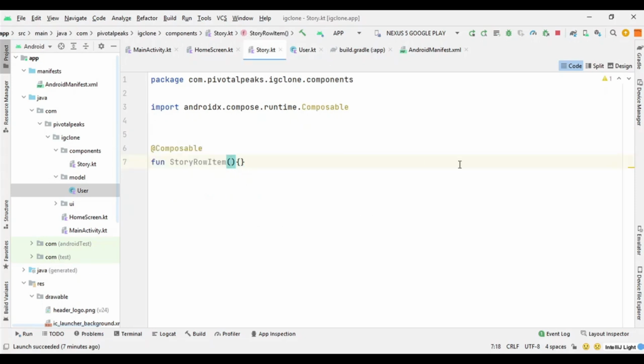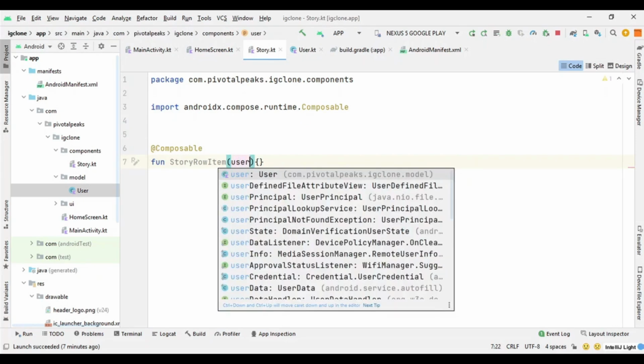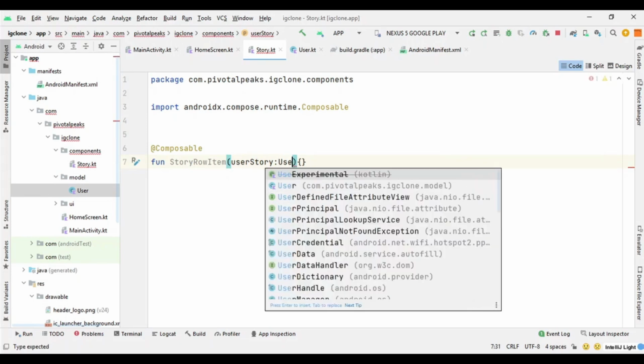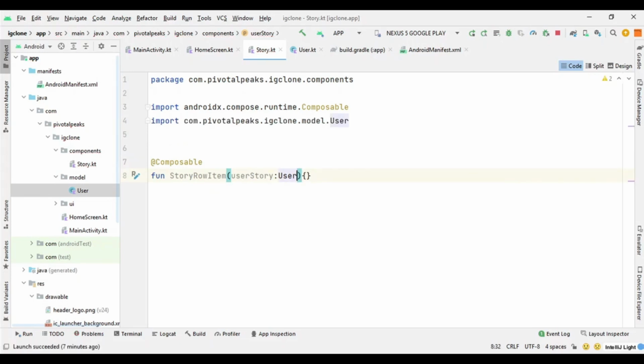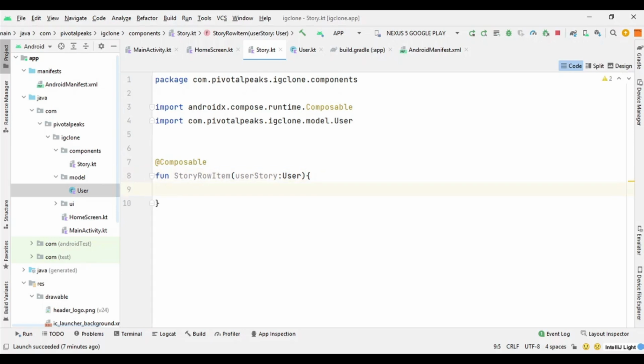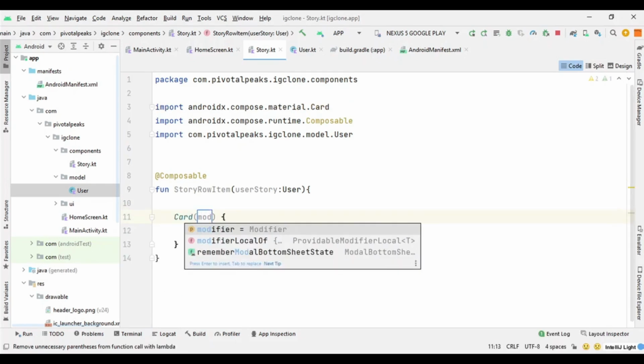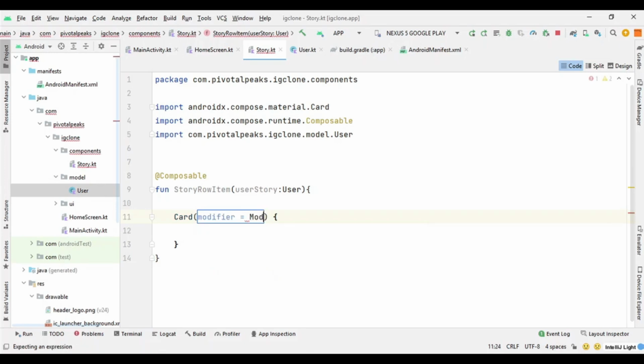So here we will say userStory of type User. Now in this row item we need to create a card so that we can put together the image and the name in a row column fashion. So here we will say Card, and we need to give it some properties. So we will say modifier equals Modifier